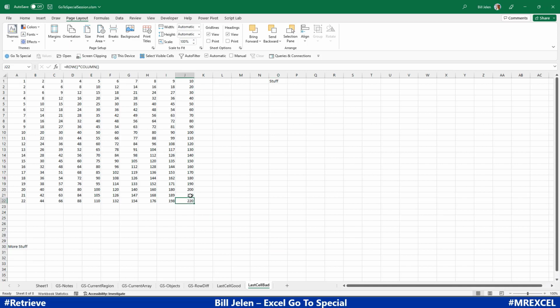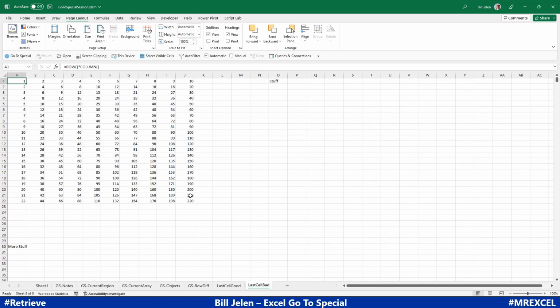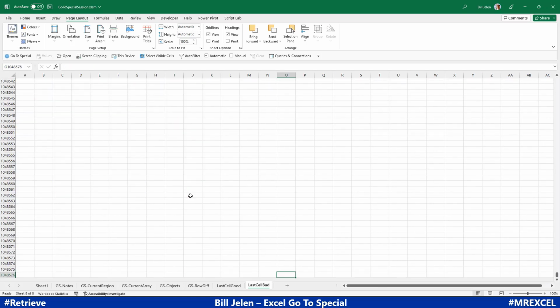Sometimes people will inadvertently, from this last cell, press Control down arrow, and they'll type something. They'll just type, oh shoot, right? And then even though they delete it, I've just activated that part of the spreadsheet. So Control End will now take me down to column O and row 1048576. When this happens to you,